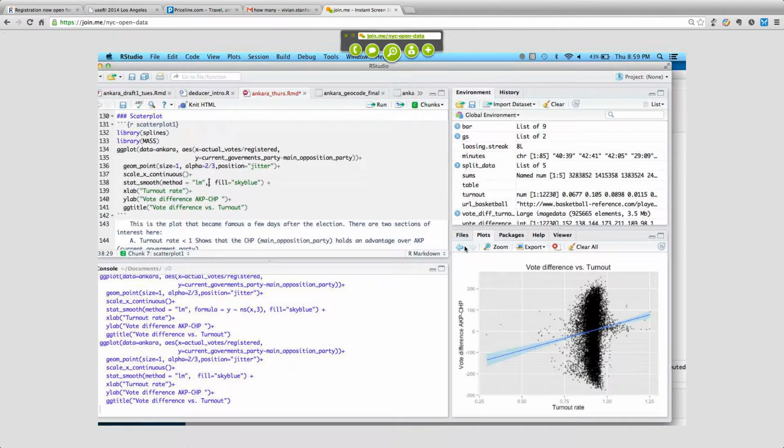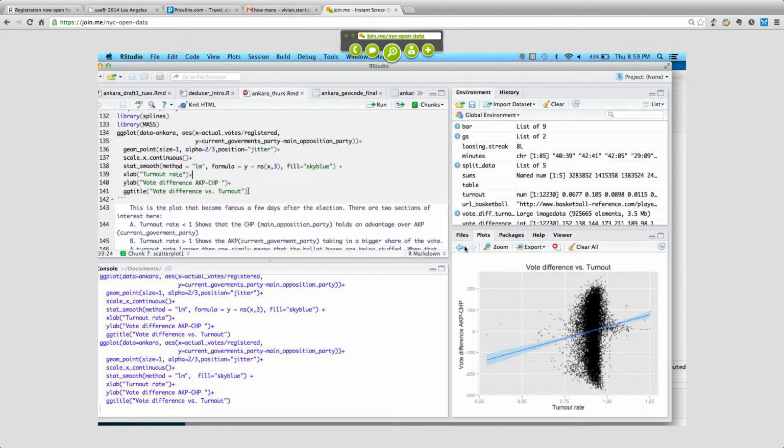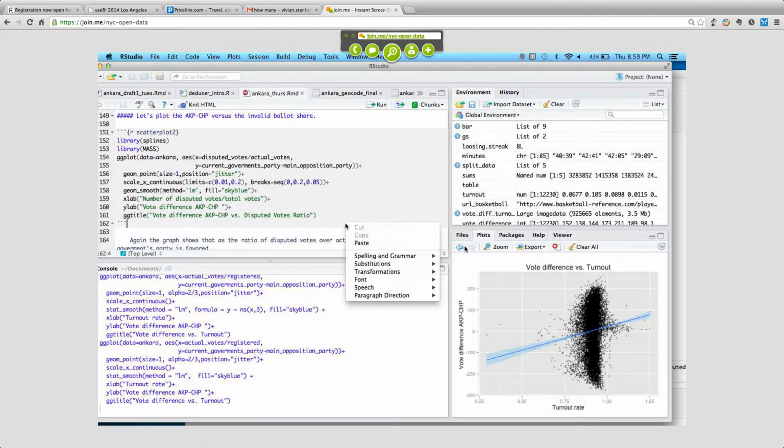So this one shows even more. It's tilting even more up. So I think I would. That's even better. It actually goes through more points. Okay, and the next one is just a simple